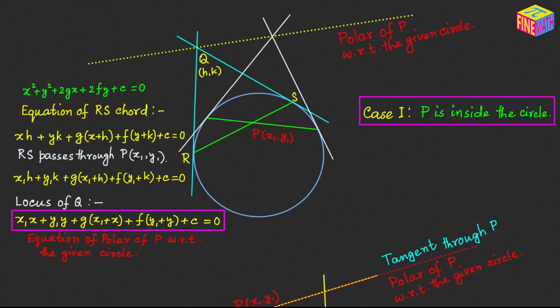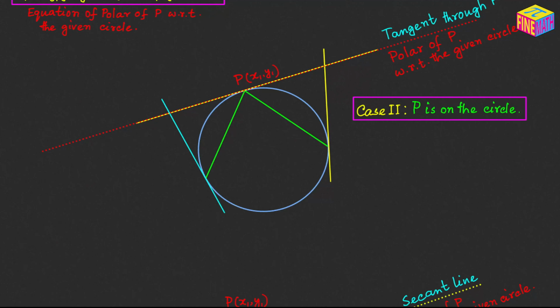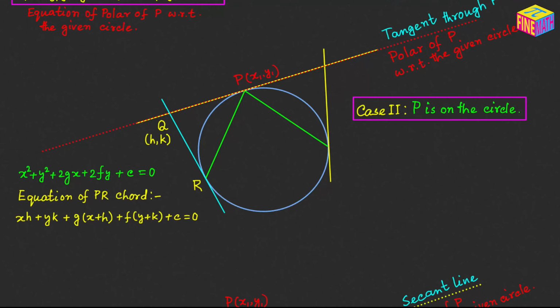Let's see how we can derive the equation of the polar in the second case. Here again, I'm going to assign a few names. One of the chords would be PR, and Q is the external point for the purpose of derivation. Let's assume the equation of the given circle is like this, and then the equation of the PR chord, which could be considered as the chord of contact with respect to an external point Q. So this is the equation of chord of contact when tangents are drawn from an external point to a given